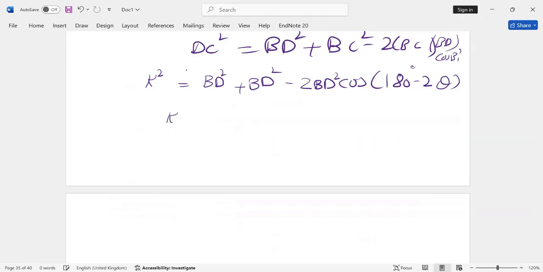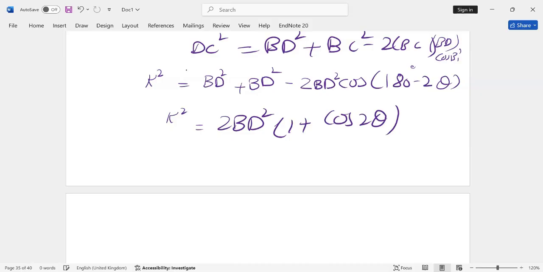So K square equals 2BD square into 1 plus cos 2 theta, okay? I'm just closing the